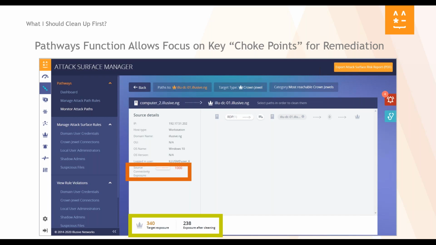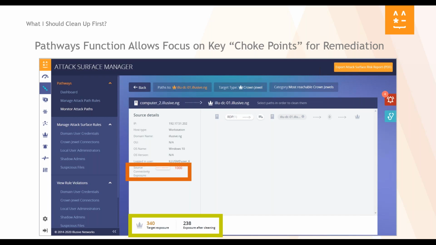One more thing, we talked about pathways and focusing on remediation. Elusive looks at this from the perspective of choke points. Understanding that this computer too has a very high level of access to this domain controller, you can see here that the exposure rate is 1,000 out of 1,000. That's pretty high. Notice that after cleaning, we can tell you the particular exposure rate if you provide the remediations